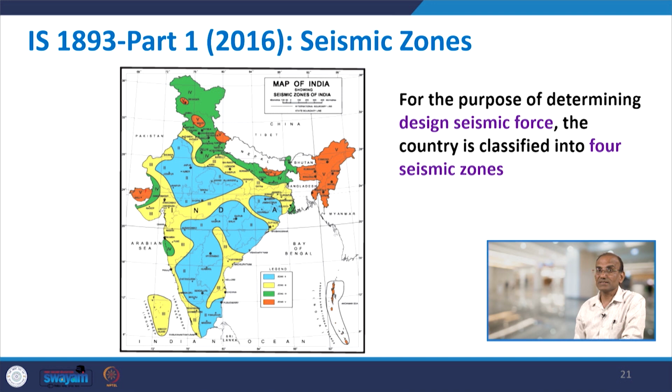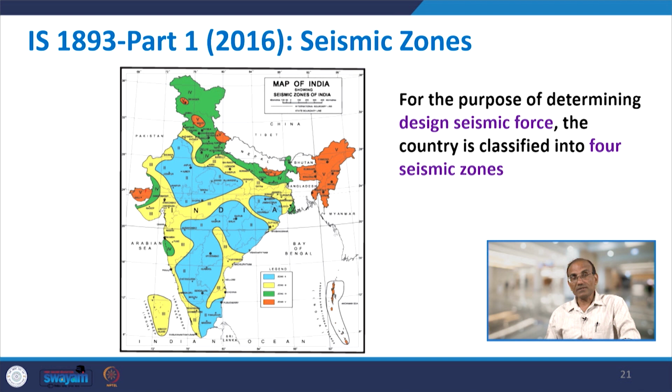And the whole of the Himalayan region, starting from Ladakh, J&K, Himachal Pradesh, parts of Punjab, then Uttar Pradesh, parts of Uttar Pradesh, and then Sikkim, Bihar, all this Himalayan belt falls in seismic zone 4. So, the whole of the Himalayan region falls either in seismic zone 5 or seismic zone 4. That is why a lot of earthquakes originate in the Himalayan region, which is seismically very active.